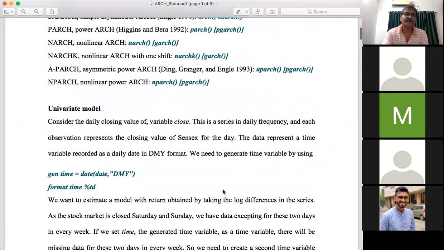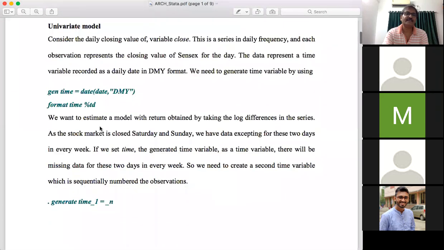So first of all, convert it by using this command, generate. Let us denote the new variable as time. You can also put any name, but to keep similarity among all of you, let us denote the new time variable by the name time.